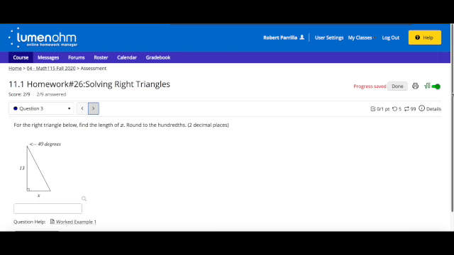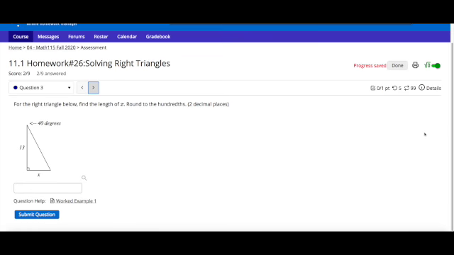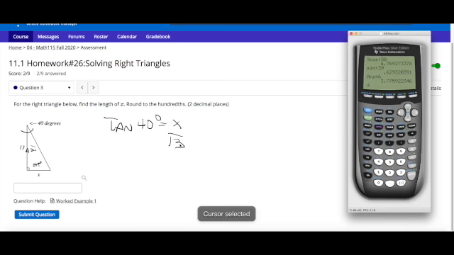Number 3. Once again, same thing. We have to figure out what we're dealing with. So mark off your angle, which is up here. This is opposite, and this is adjacent. So that's tangent. The tangent of 40 degrees is equal to the opposite over the adjacent, so x over 13. I'm going to note that structurally these are identical so far. So 13 tangent of 40 will give me